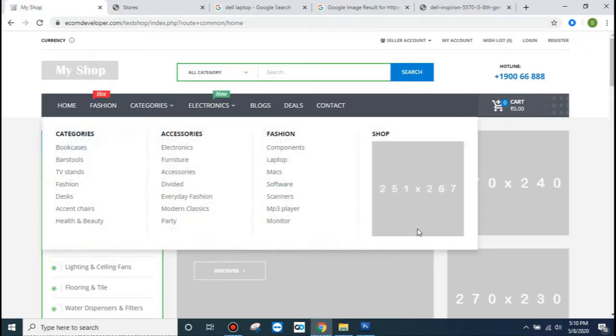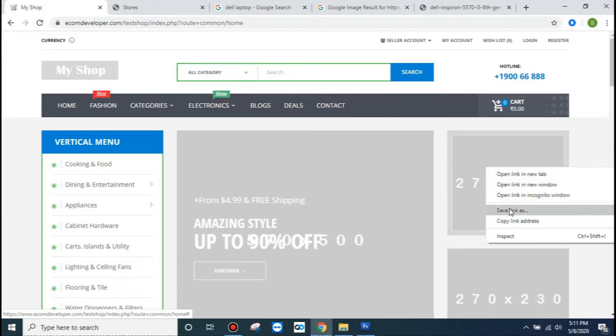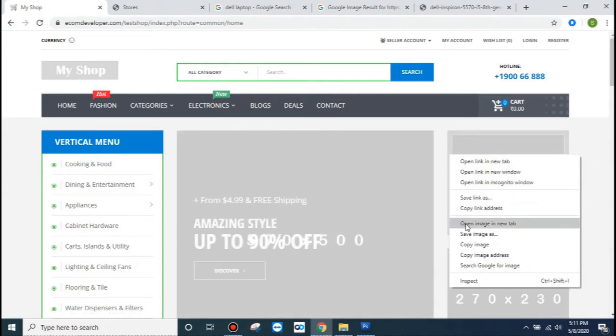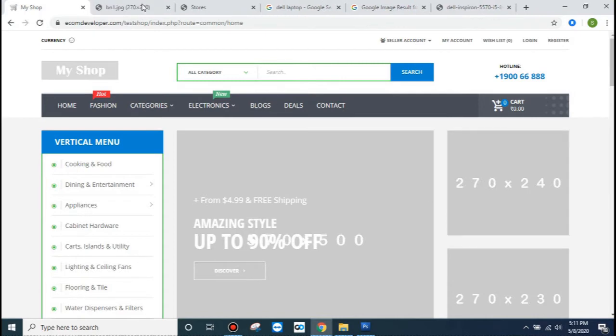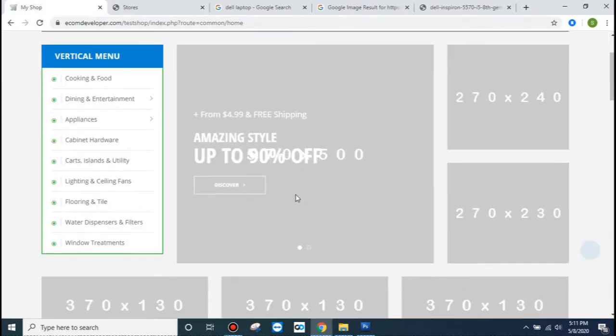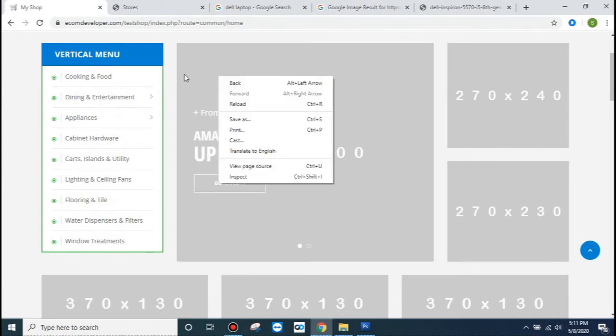Similarly, you can click on other images. For these images I'm clicking here, but I'm not able to see that option. So click on the corner and you will see open image in new tab, and you can see that particular image. In a few cases, if you click anywhere, you may not get such an option.